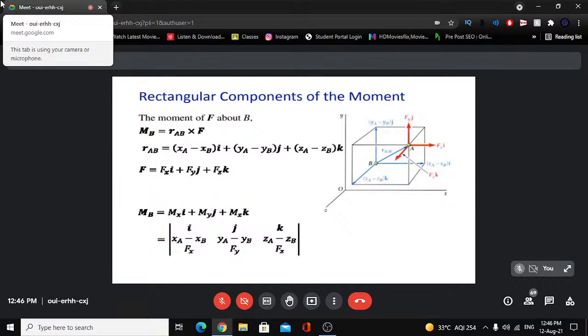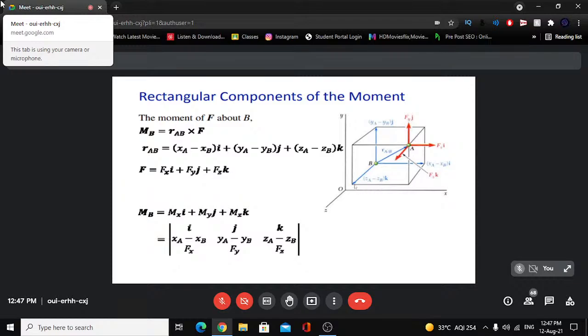This is what we mean. So it is not from A to B, rather it is from B to A. This is a very important point to note when we use this relation. So it is RAB. Here actually it is the position vector of A with respect to B, cross F. The position vector of A with respect to B is with respect to the new origin. So we can find the x, y, z intercepts, the projections of this. So we can write this as xa minus xb i plus ya minus yb j plus za minus zb k,